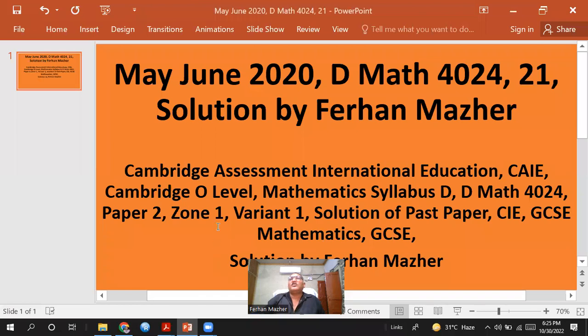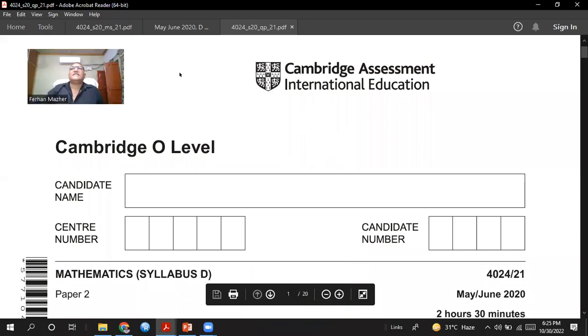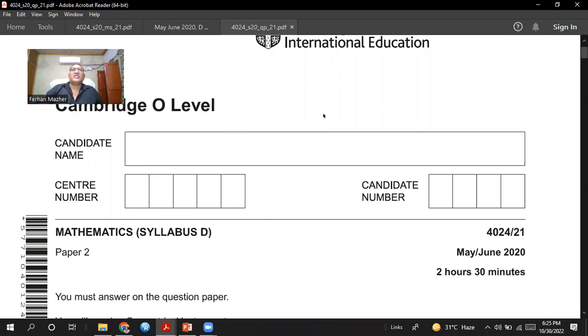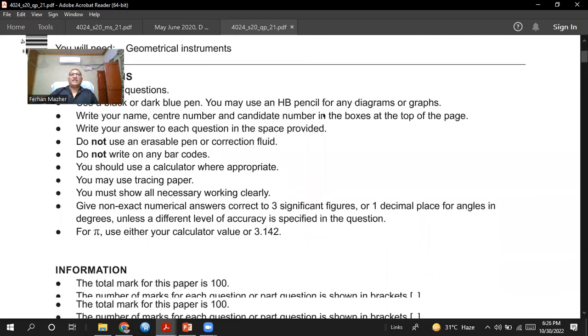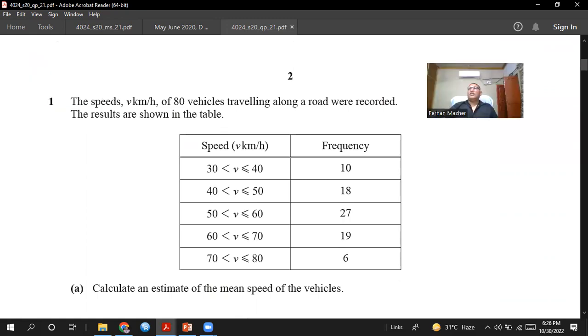The time allowed for this paper is 2 hours and 30 minutes. So Cambridge Assessment International Education and Cambridge O Level Mathematics Syllabus D, paper 2. So let's start the first question. The first question coming up on your screen says that